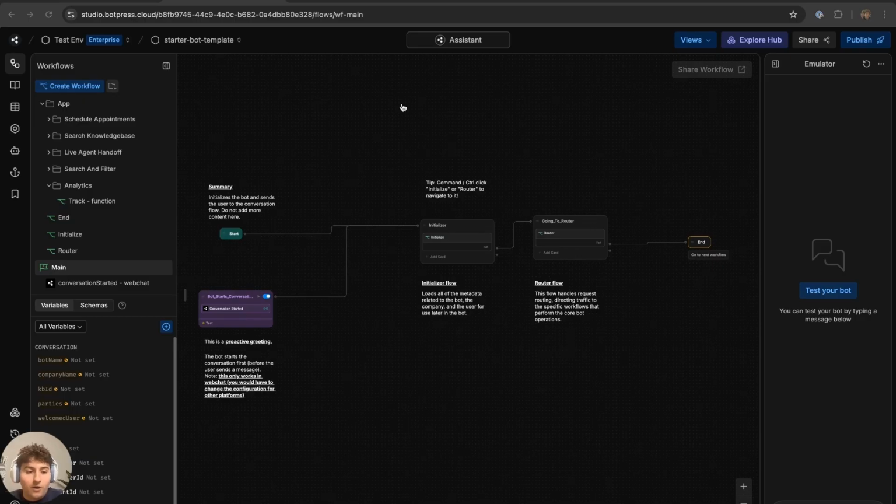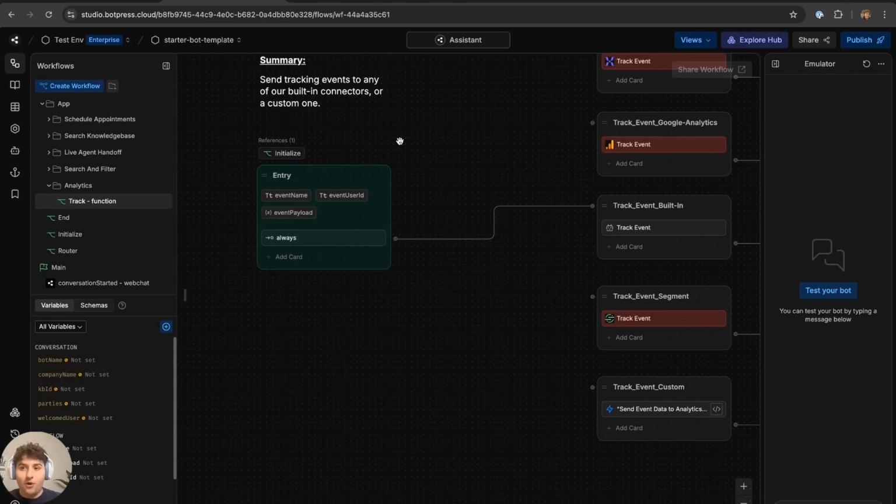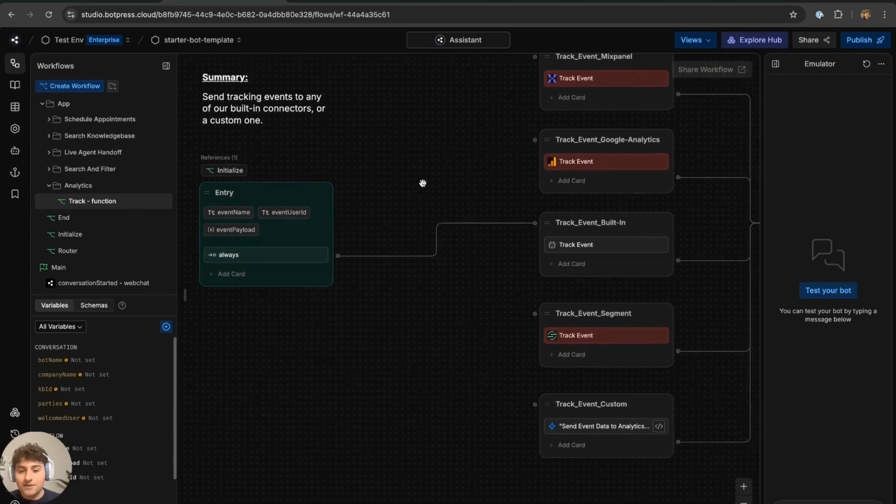Okay, so we are in our main flow. And so what we're going to do is we're going to go to our analytics folder and head over to the track function flow. Now, the reason why we say it's a function flow is because it takes in input arguments. Think of it as if you were defining a function within a programming language. So it takes in the event name, the event user ID, and the event payload,